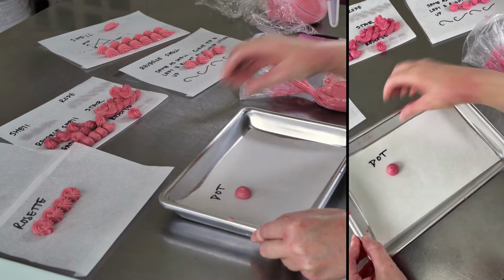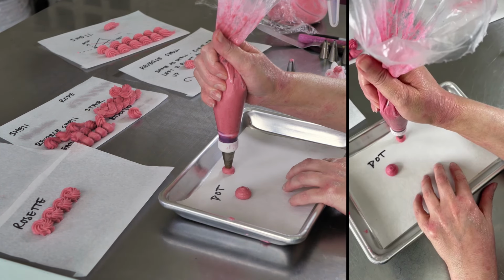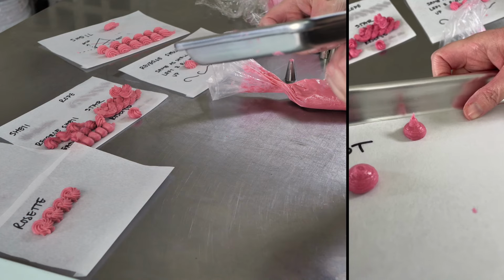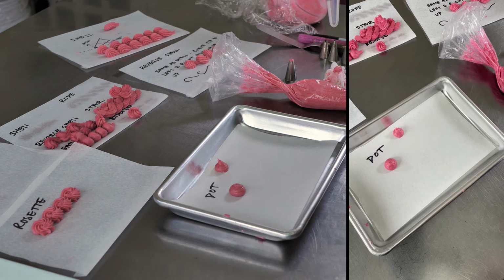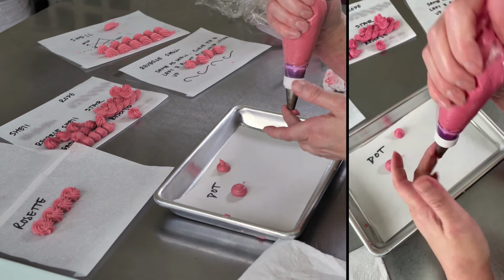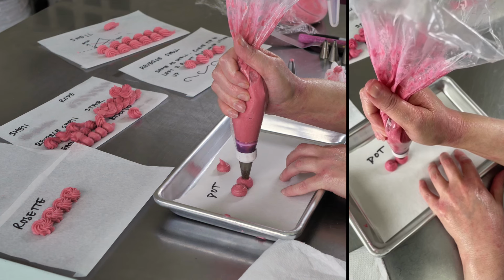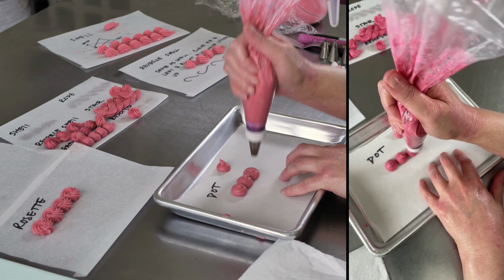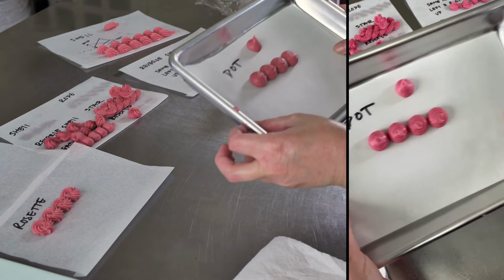The thing with dots, and I even find myself doing this after all these years, is that usually what people end up doing is they squeeze and then they just pull straight up. And you can see what you get then is a tiny little Hershey's Kiss, right? So it takes a little extra time, a little extra control, but if you swirl that tip around at the end, it'll shave that little peak off for you, and you'll get a really, really smooth, beautiful presentation. And if you string them together, you end up with a beautiful border,